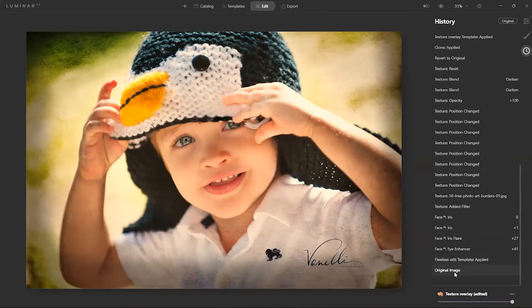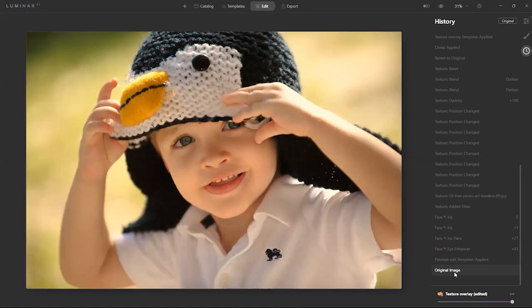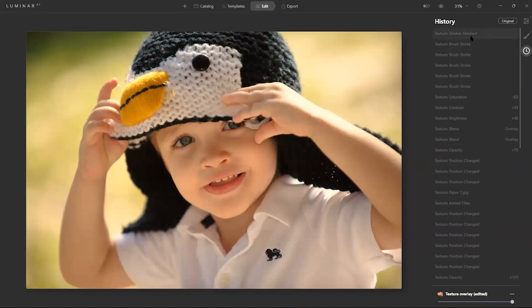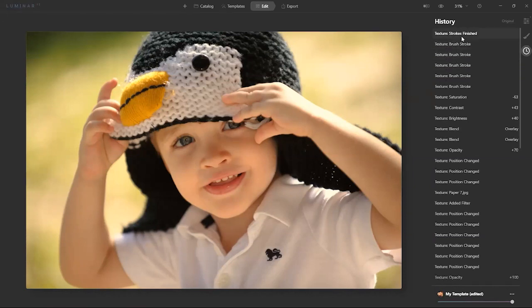So this is what I did to this image. Notice down here is the original. So that's the original. This is what I started with. And then this is what I finished with. Now, these changes are being seen inside Luminar, all right? So right now, all the changes are being seen just inside Luminar. Now, what I need to do, if I want this to be transferred,